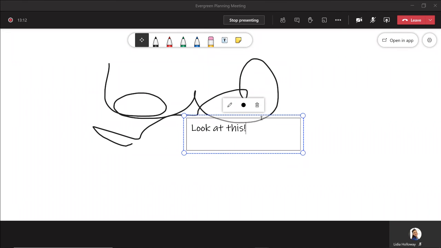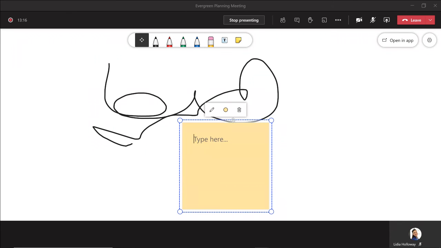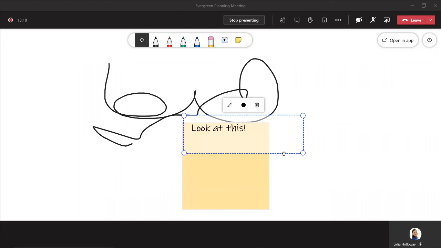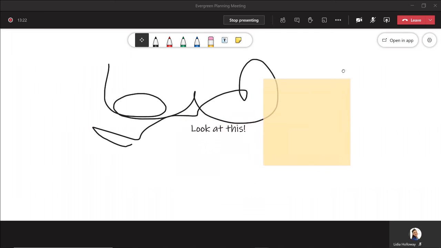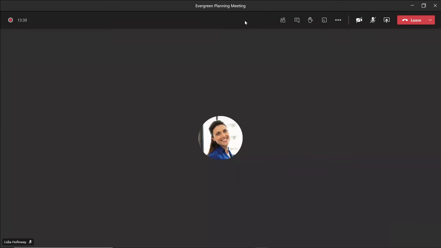And so you could use this to capture ideas from people. You can even have little Post-it notes. And all of these are things that you can move around and that you can edit. But it might be something that you would find helpful for certain kinds of meeting formats. One last